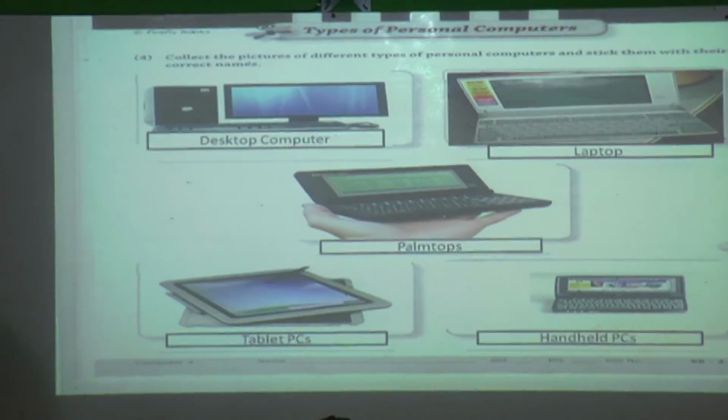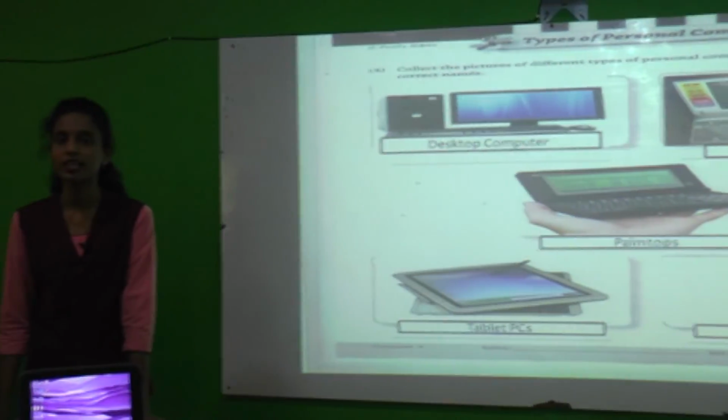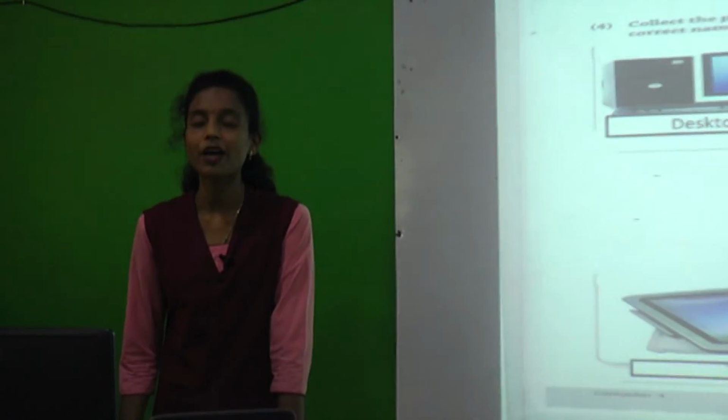Now what is the homework for you? We have studied our lesson number 1. You have to read all the lesson line by line, word by word, and whichever word you can't read, underline that word and try to read it again and again, and write that word 2 times.